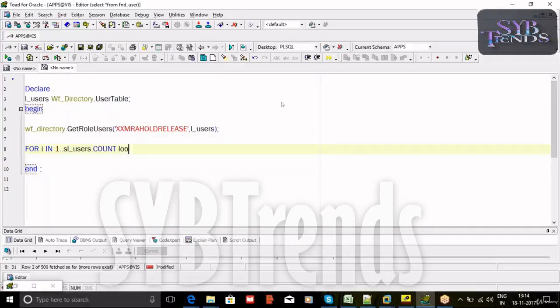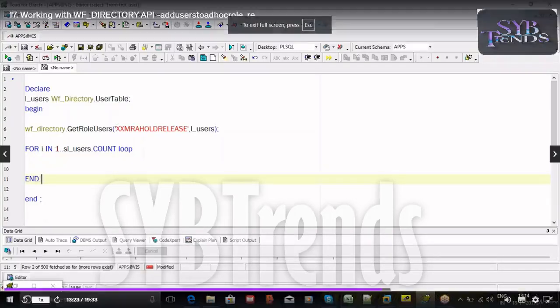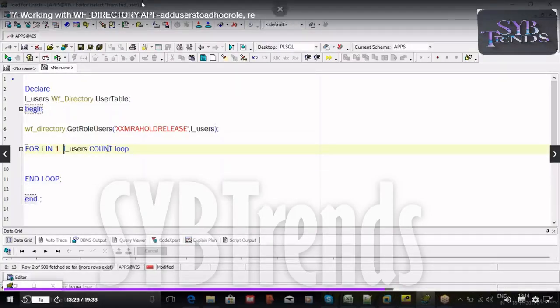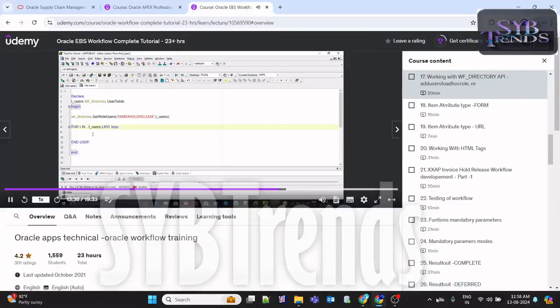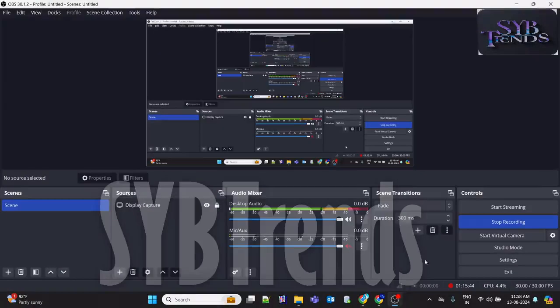That means from the first index onwards to the last index, it will repeat. Here L underscore users, you can write in many ways. Here you can use first and last also. Here L underscore user